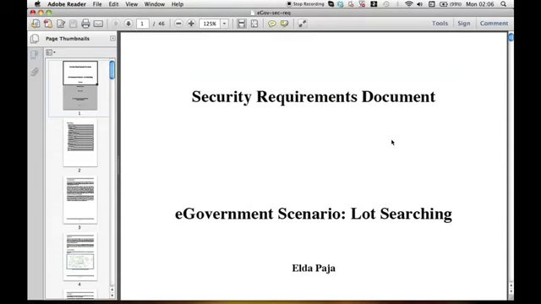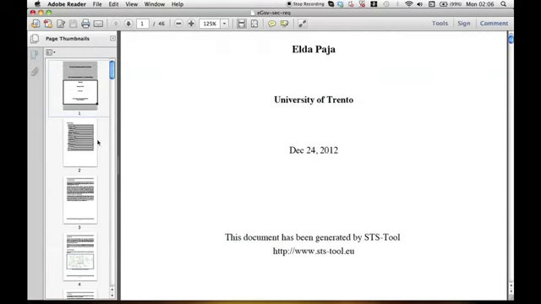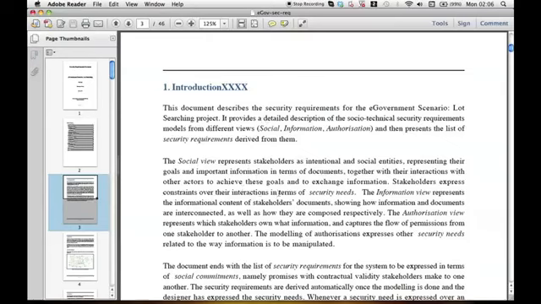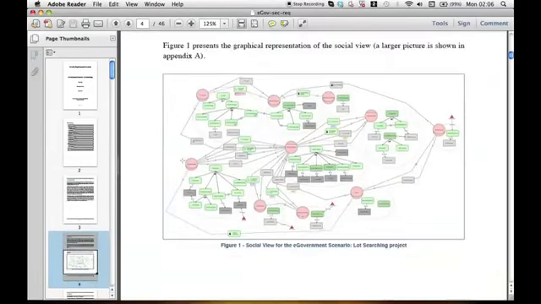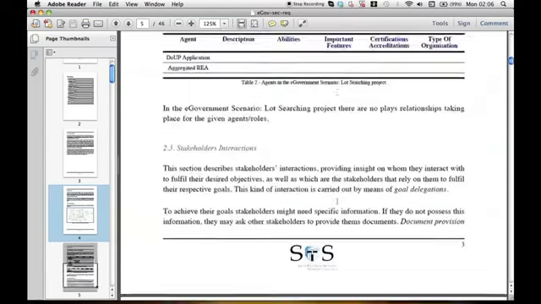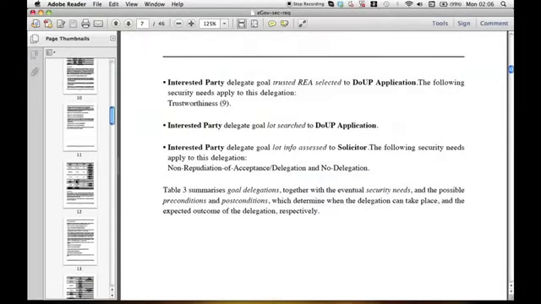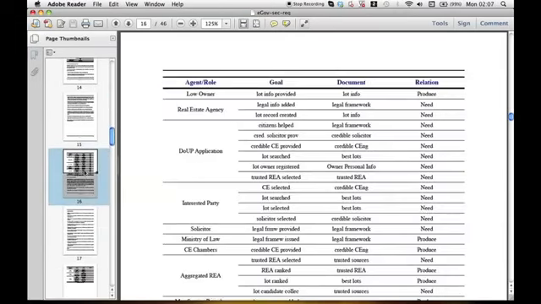We can see that there is this front page with the title, the author, the institution, the date of creation, the table of contents of this document, an introduction giving the purpose of this document, and then details of the different views, providing the image for each view, and then details about stakeholders both in textual and tabular form, and in the same way for all the different interactions and assets. So we have the same for all the views,